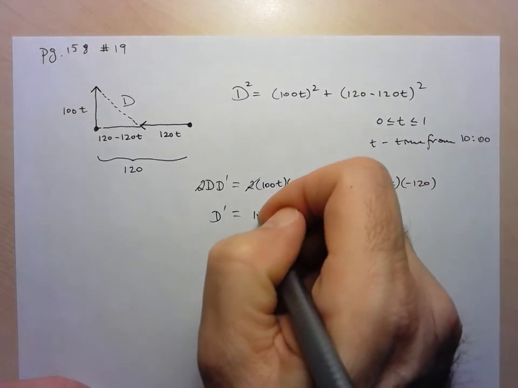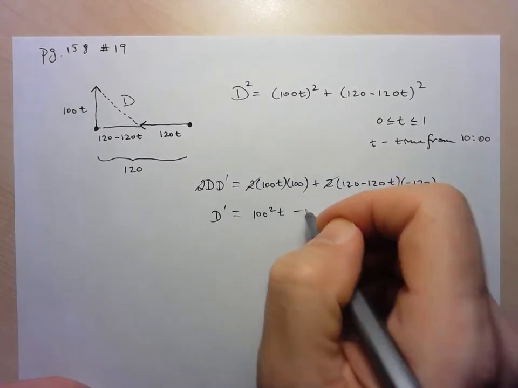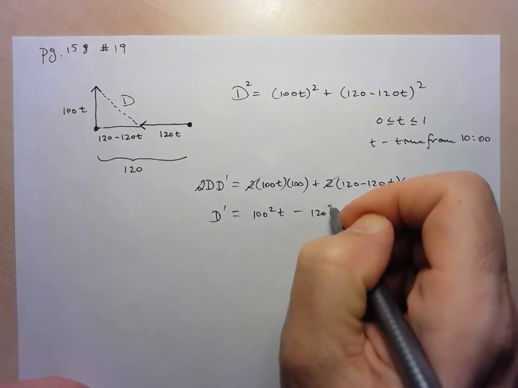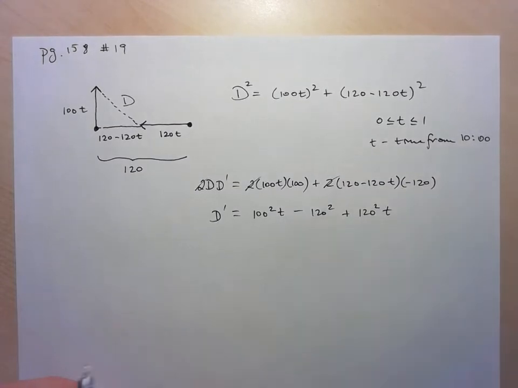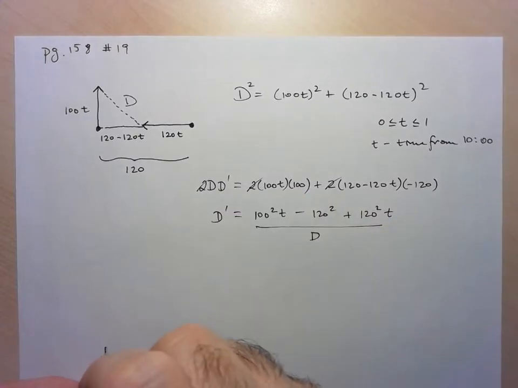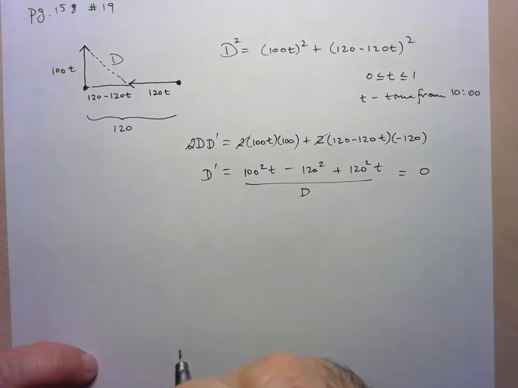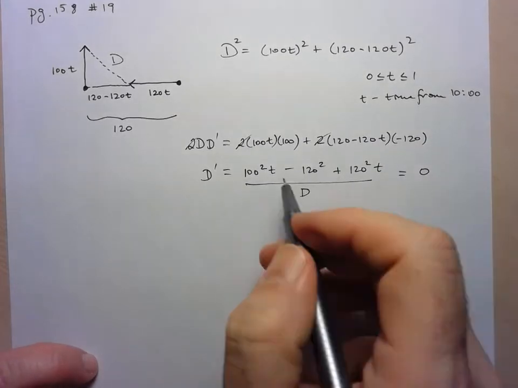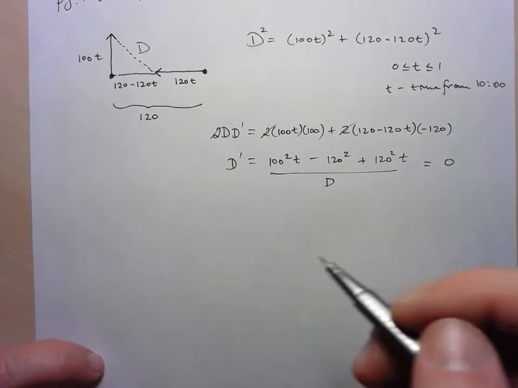here I'll even just leave it as 100 squared t. This is going to be minus 120 squared, and then plus 120 squared t, all over whatever the distance value is. Okay, which I actually don't care about because I'm interested in when this derivative is equal to 0. So I'm only interested in the numerator. Okay, so here we've got,